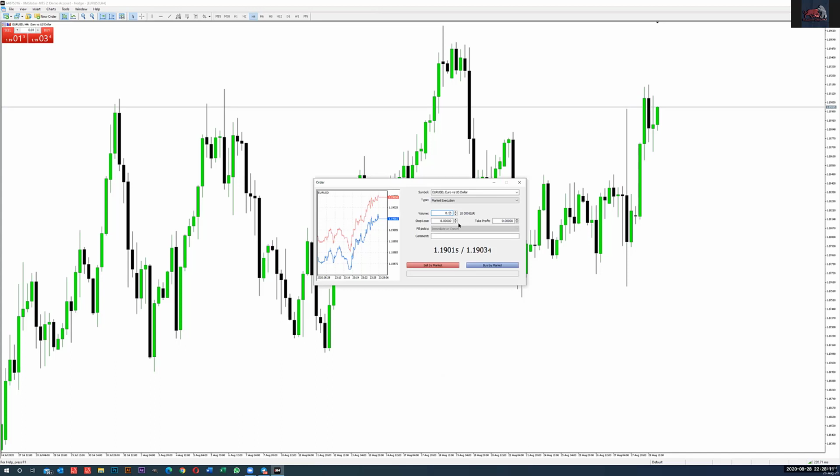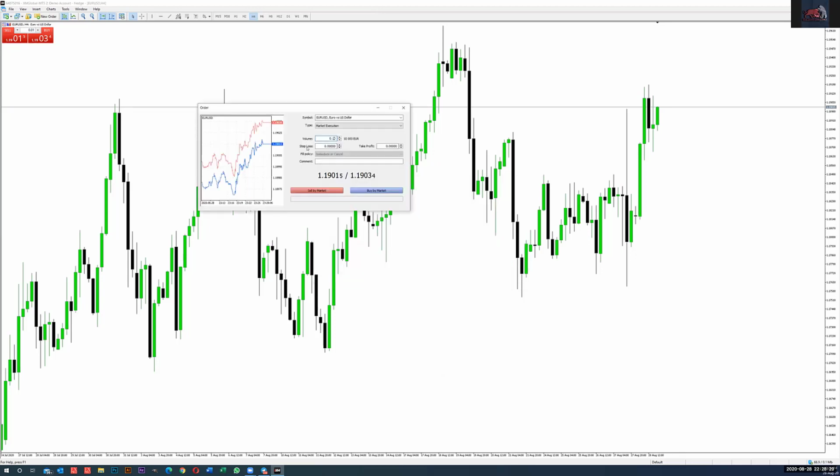So let's say we want to buy 0.1 lot size of Euro USD. Maybe you want to buy or want to sell. Then here, this is where you specify your stop loss and your take profit. Now, your stop loss and take profit in relation to supply and demand,